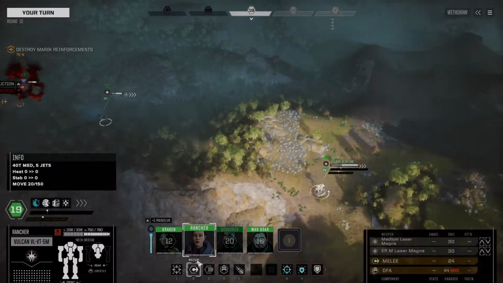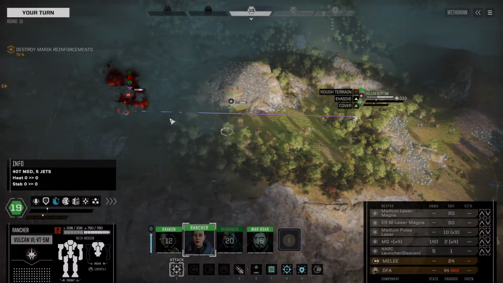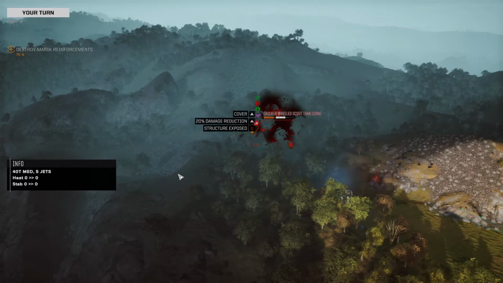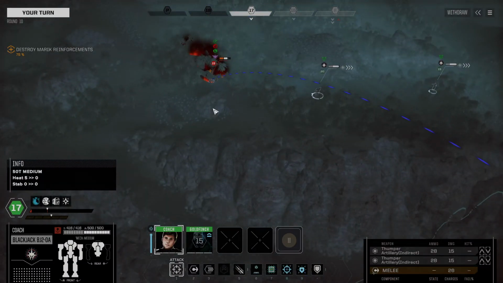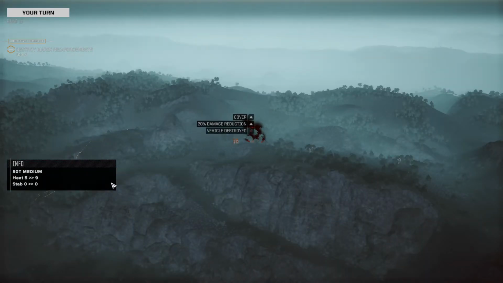That, however, was a lot of damage. Right. We're going to sprint up over here. Odds are going to be pretty low at this range with a sprint, probably. Yeah, we'll pot shot it, though. Still got a structure exposure out of it. It's not terrible. We'll drop a couple of thumpers on it. Here we go. Kaboom. One more for...